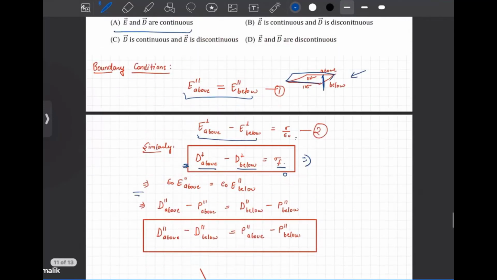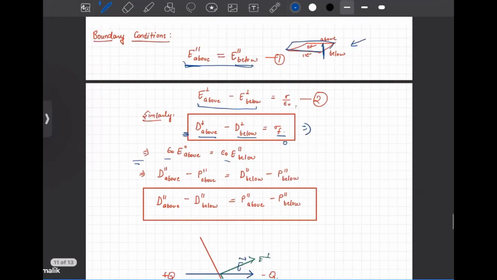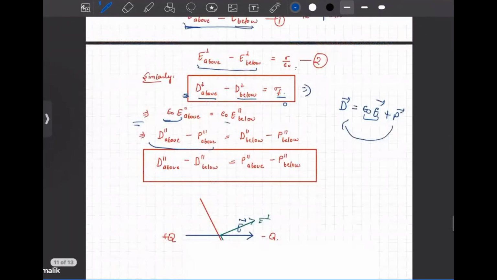it is given that the parallel component of the electric field is continuous. So multiply epsilon naught on both sides. Since the D vector is given by epsilon naught E vector plus P vector, we just put epsilon naught E, and this term I just take to this side. So D parallel above minus D parallel below